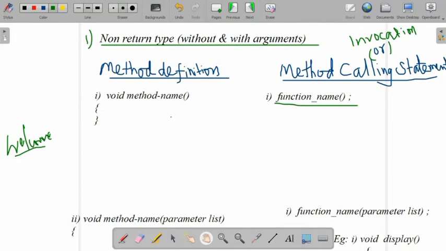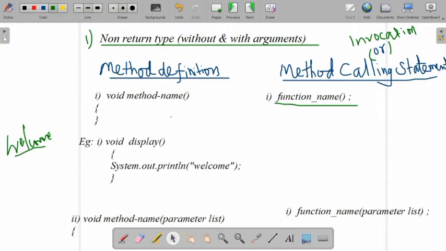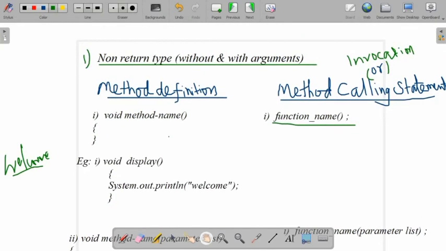Yes. So here I have given void as the return type because there is no value to return as per the question. And we know that to display a message means no value to return. So void we have given, and the method name you can give your own, as per the identifier rules you should follow. Open the parenthesis and curly brackets. Inside that we will give the task to display, just to print the message as welcome. So System.out.println("welcome"). This is the way we will define a method.